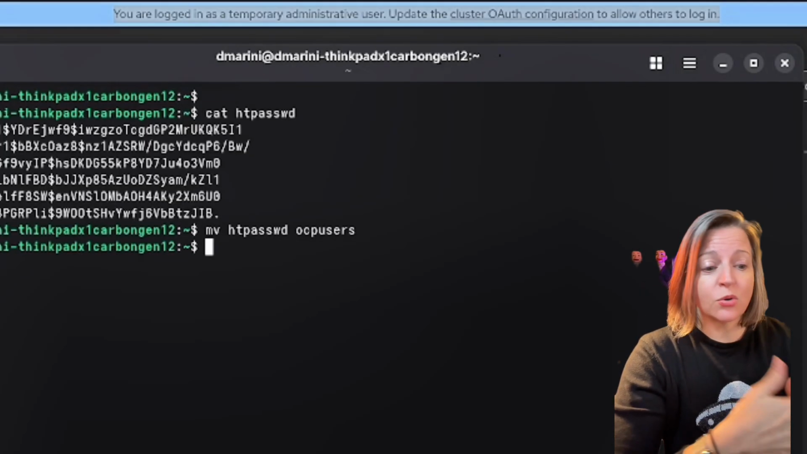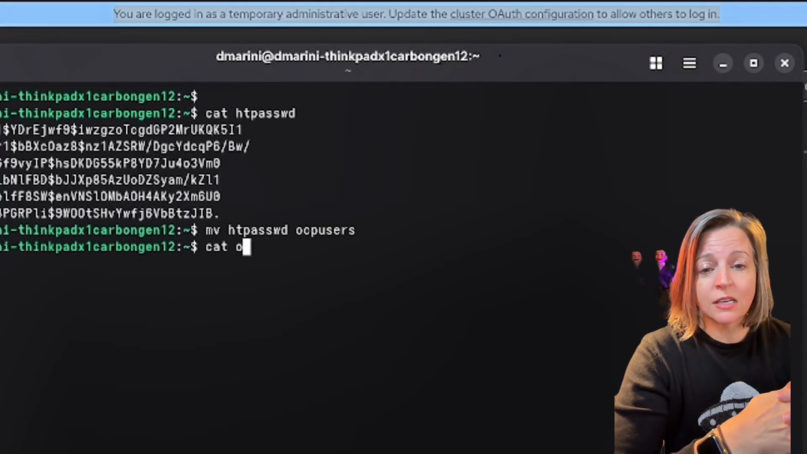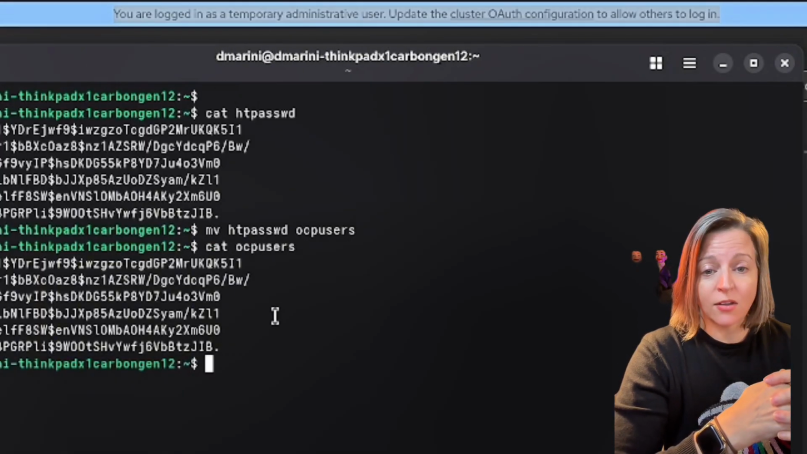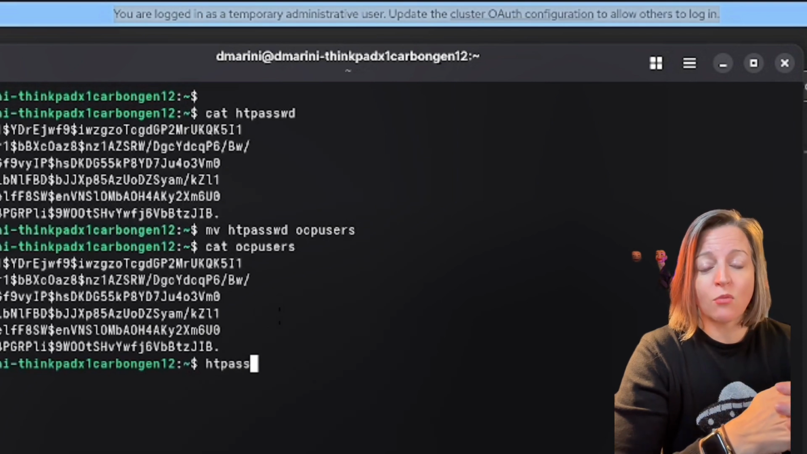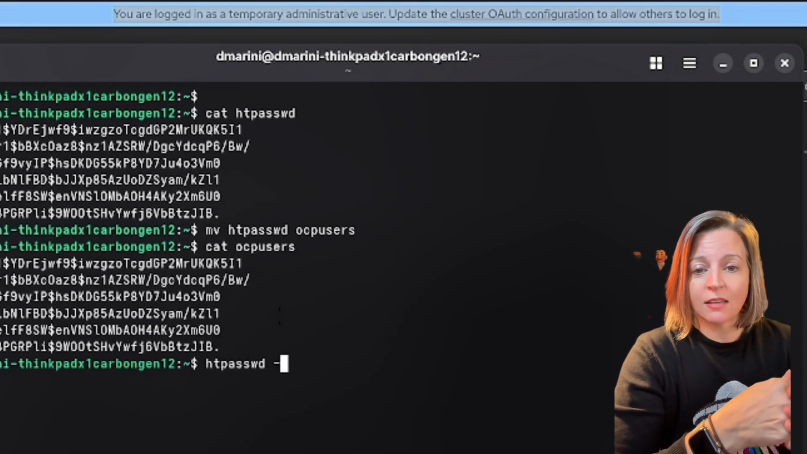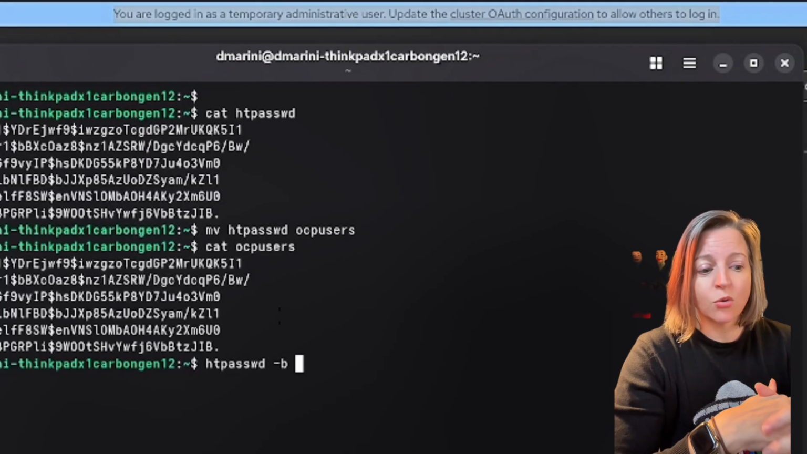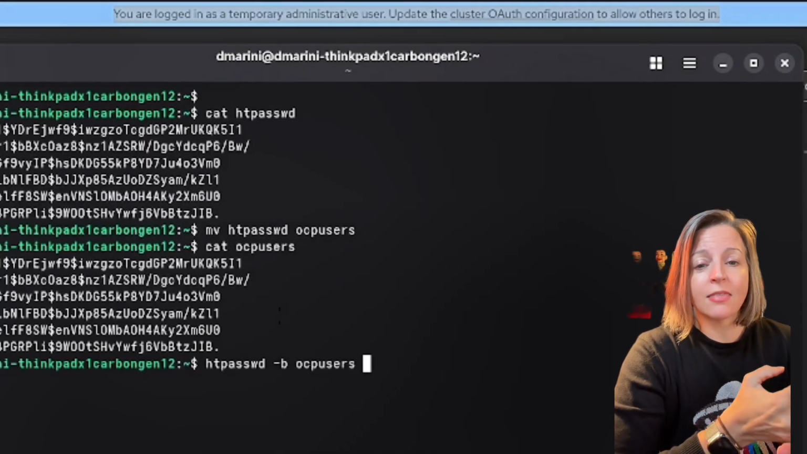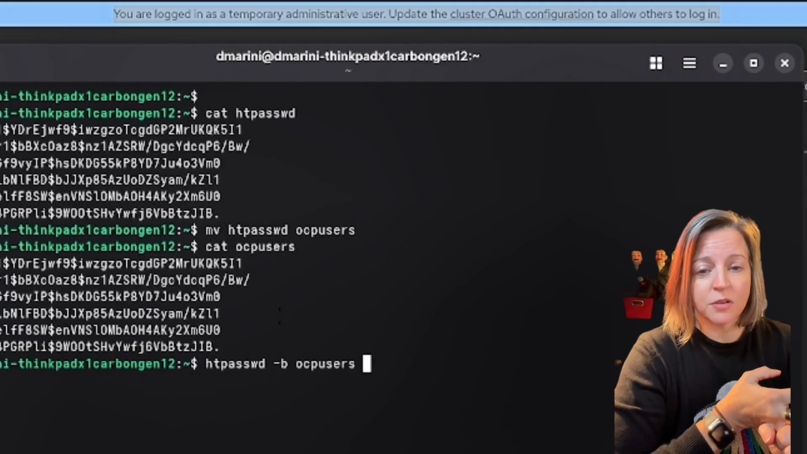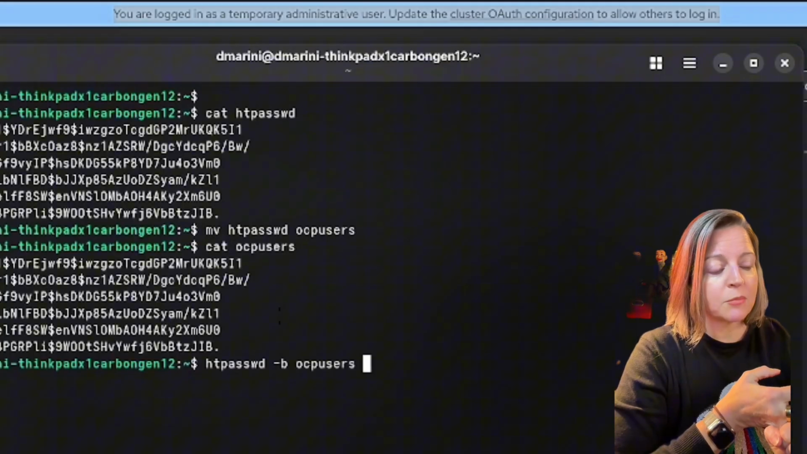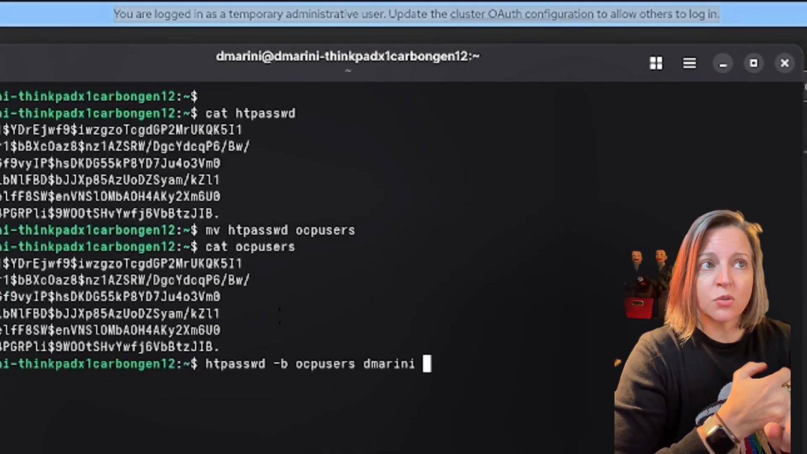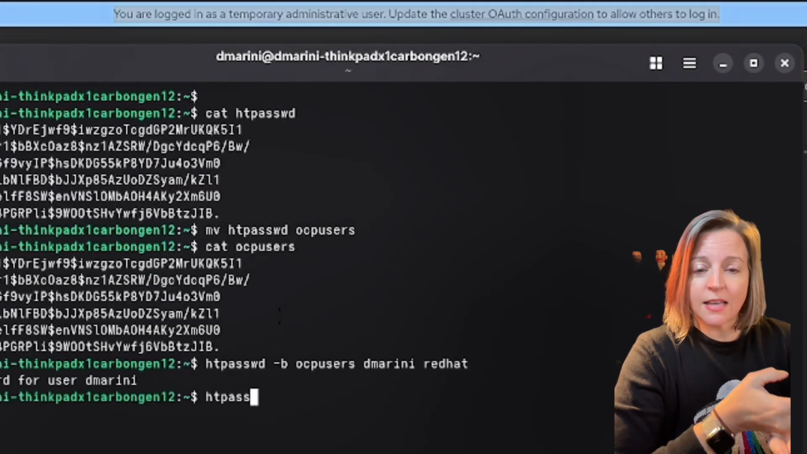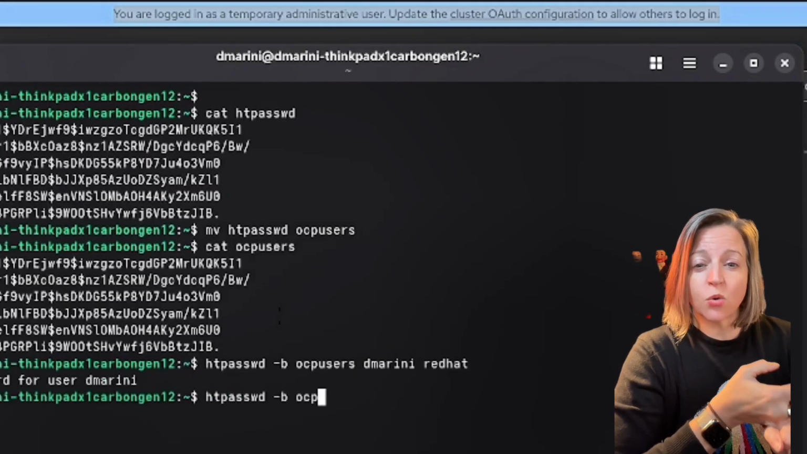So what I'm going to do is I'm going to type htpasswd -b, and then I'm going to add the name of the file. So I'm just, again, doing this in my home directory, so I don't need to do anything fancy. I'm just going to select OCP users, and then I'm going to put in the username and then the initial password. And I'm also going to add another user. I'm adding a user for myself. That's the intention of that, that's going to be the cluster admin that's going to take the place